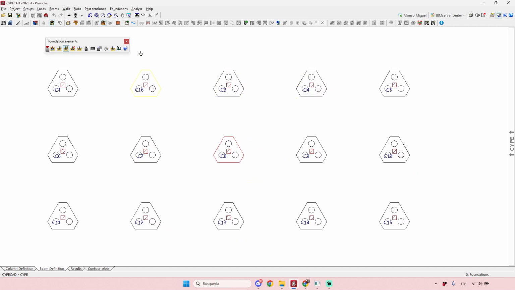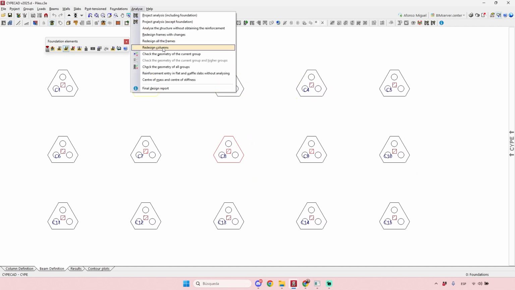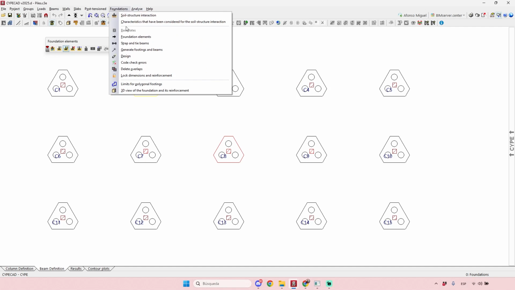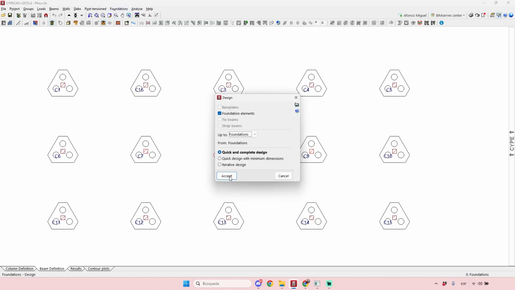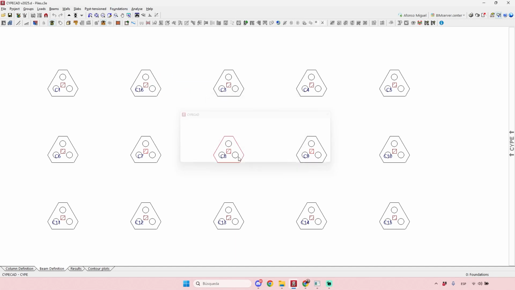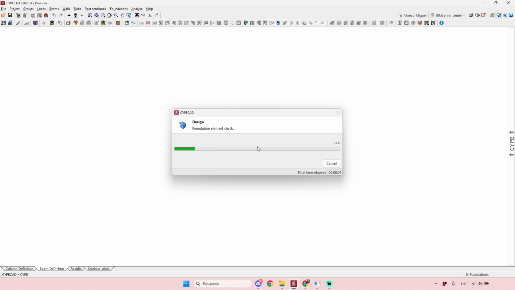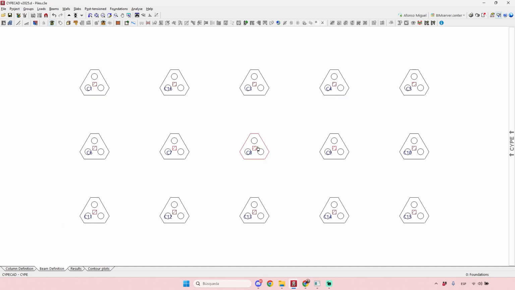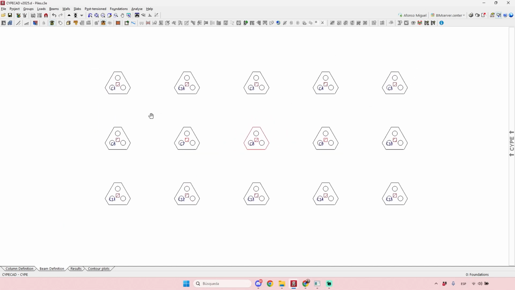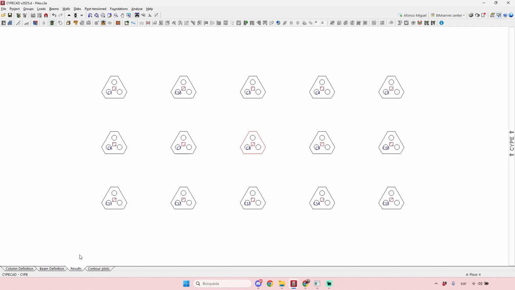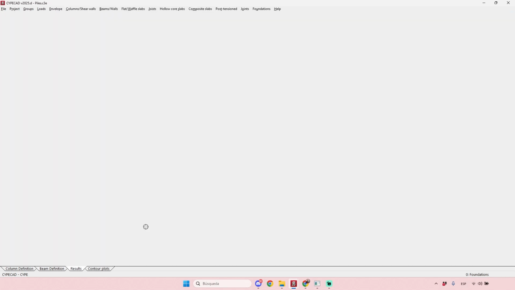Okay. I already analyzed the structure, but I just have some changes here. So let me just design again the pile caps and piles. I will use this option here, quick design with minimum dimensions. So in some seconds we can just check if our changes were correct, and then we can jump to the results tab, where we can see